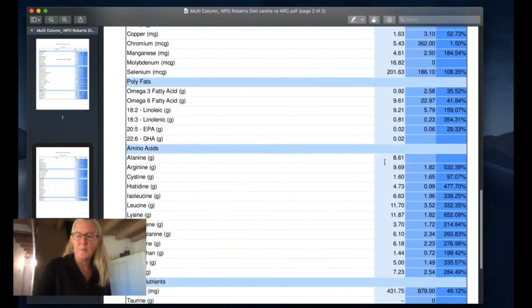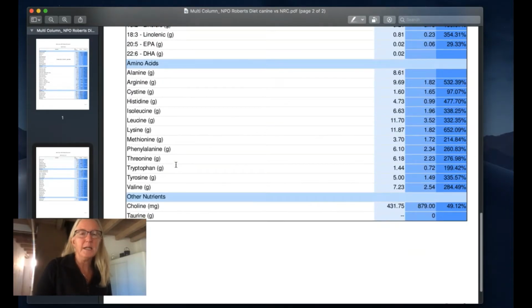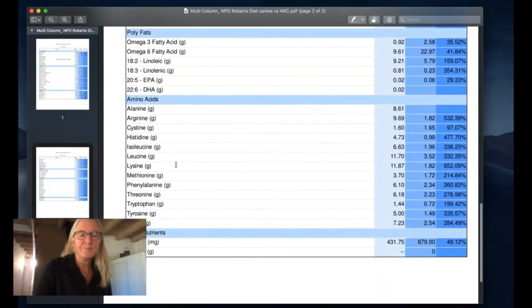And then here's our amino acid profile. If we come down, and this is so weird. So again, this is for a dog. Because they are able to have more than sufficient amounts of all these other amino acids, theoretically they should be able to make taurine. So that's where things got kind of mucky with the